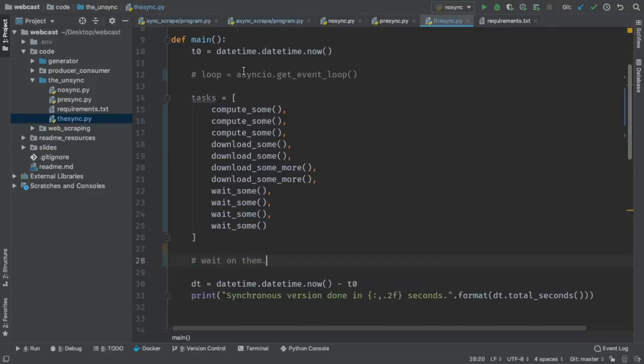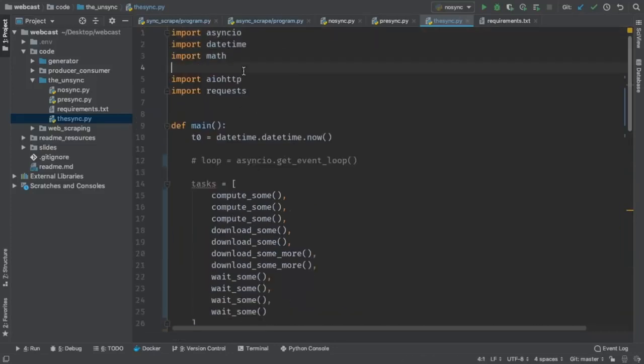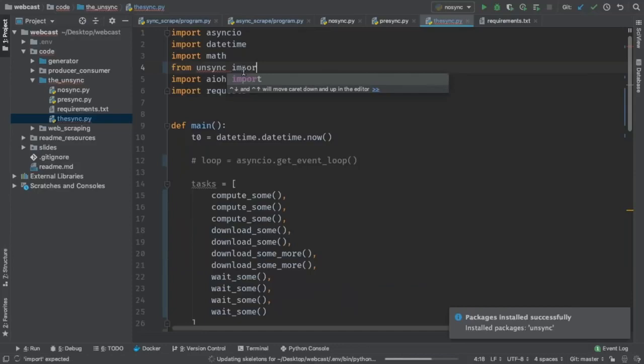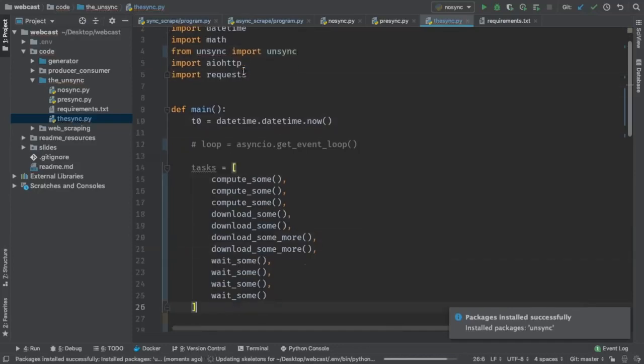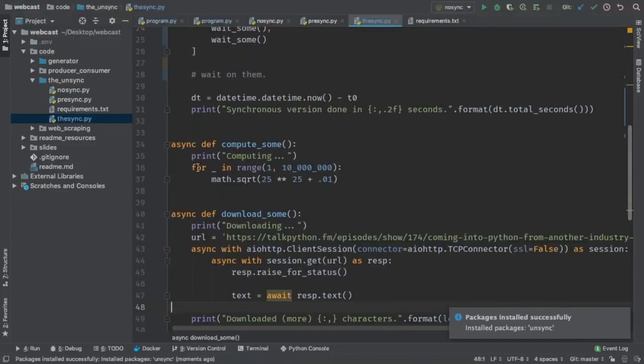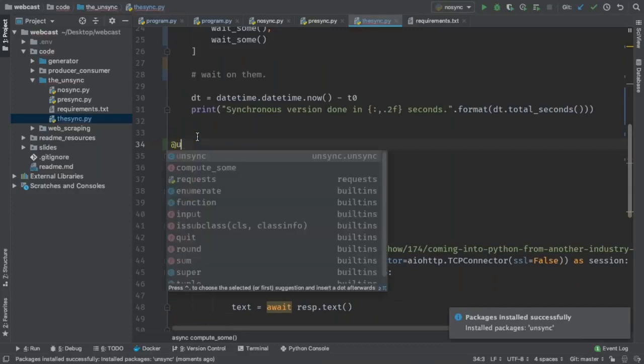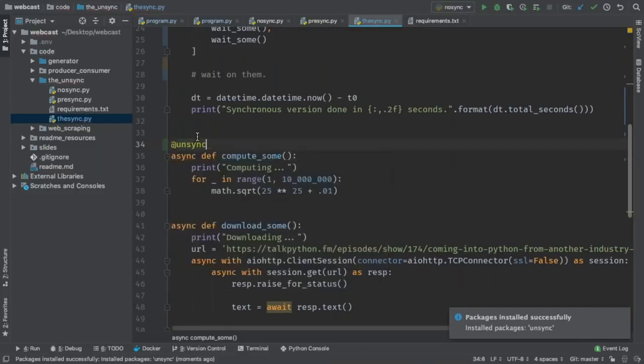So this unsync library is really cool. Let's do this. We'll say from unsync, which is not installed, thank you, PyCharm, import unsync. So I can come down here and say this function is an unsync function. And unsync looks at the function and decides a couple of things. If it's asynchronous, it runs it on the async event loop.